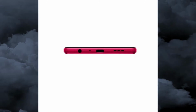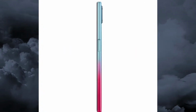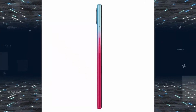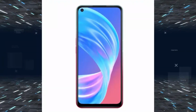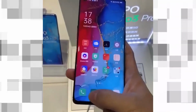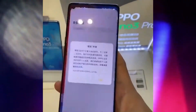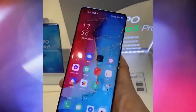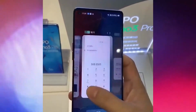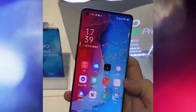The USB Type-C port can be found at the bottom, which is flanked by a 3.5mm headphone jack, microphone and speaker grill. The Oppo A72 5G is powered by an unknown MediaTek MT6853V SoC and runs Android 10. It has three memory configurations: 4 gigs with 128 gigs storage, 6 gigs with 128 gigs storage, and 8 gigs of RAM with 128 gigs storage, which according to China Telecom are priced starting at 1,699 Chinese yuan, equal to $240